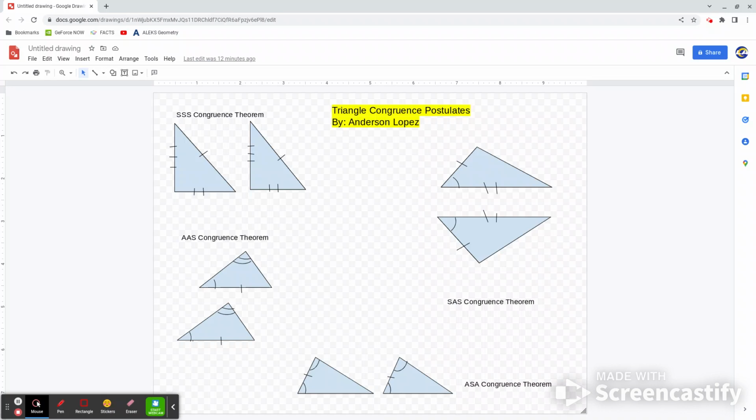The last theorem that I'll be talking about, which is very similar to the ASA theorem, is the AAS theorem. AAS stands for angle, angle, side, and can be used when two angles and the non-included side of one triangle are congruent to two angles and the non-included side of a second triangle. If this is the case, then both of the triangles are congruent. By using these theorems, you can